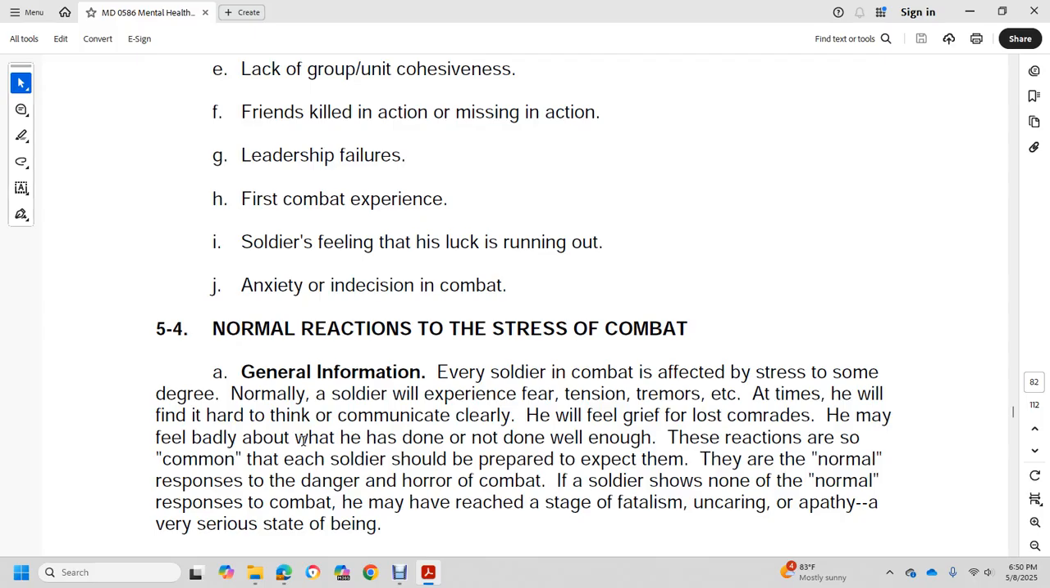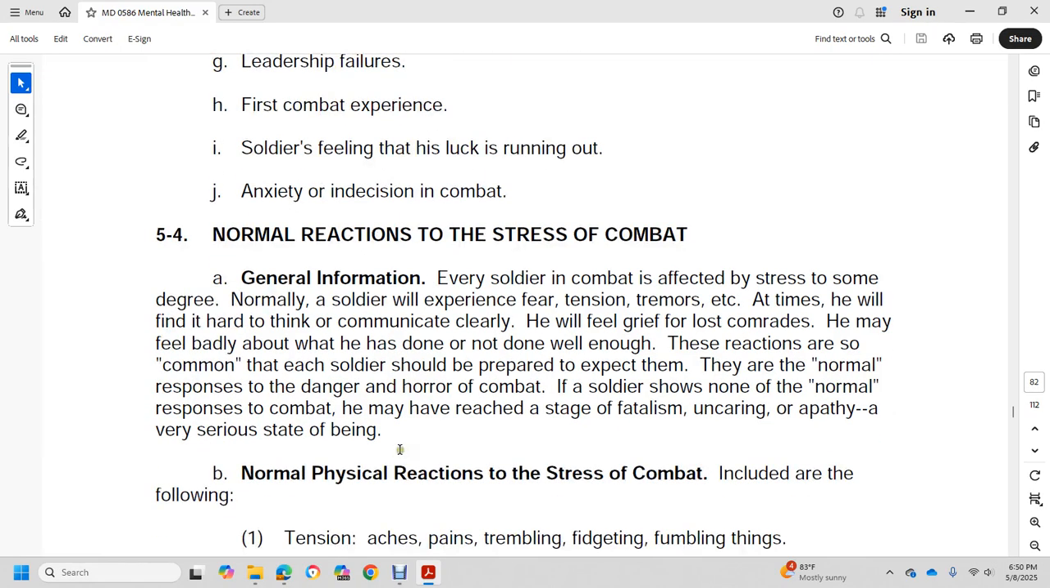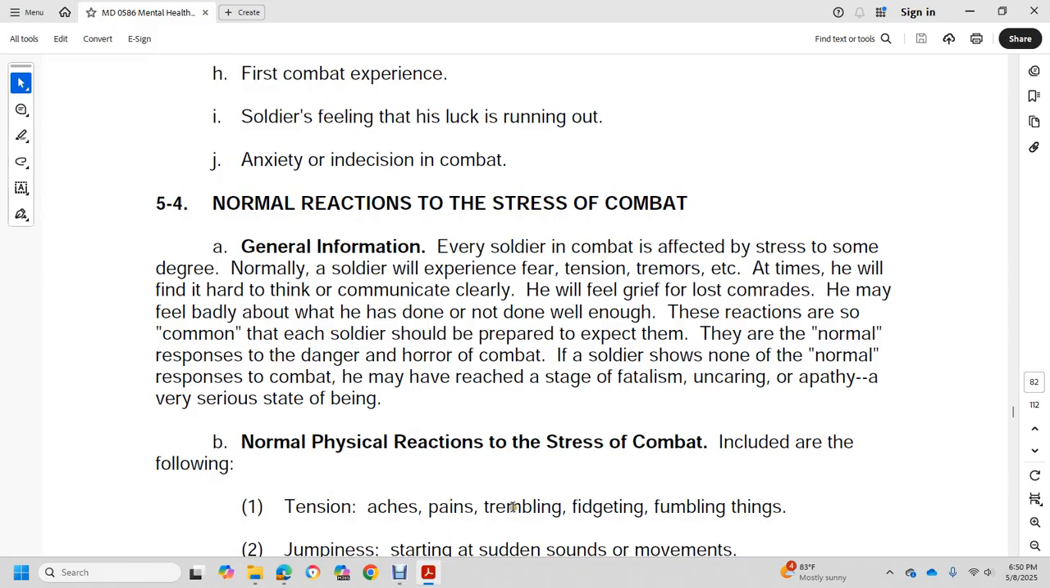They are normal responses to the danger and horror of combat. A soldier who should have known of the normal response to combat but has reached a stage of fatalism and uncaring apathy is in a very serious state of being. Non-physical reactions to combat stress include the following: tension, aches, pains, trembling, fidgeting, fumbling things, jumping